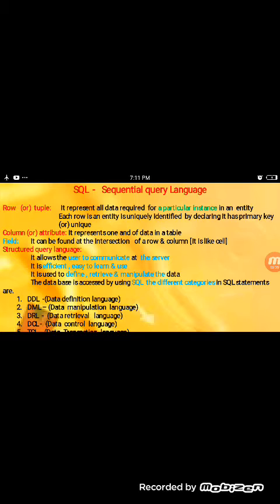For example, we take a name like that. After row, column and field, I am going to discuss structured query language.